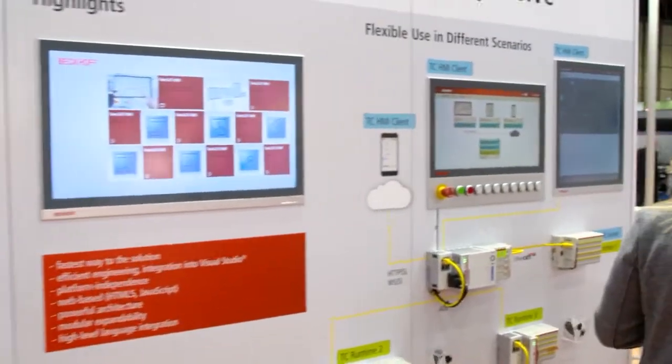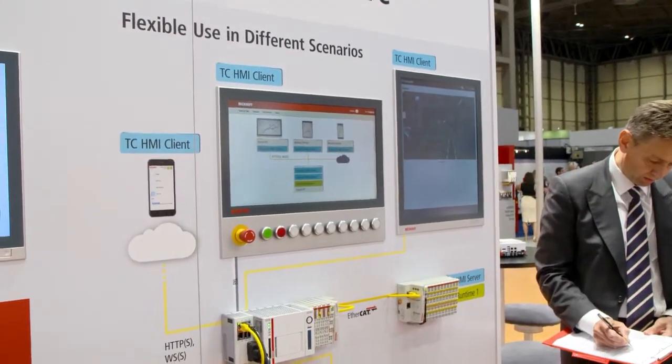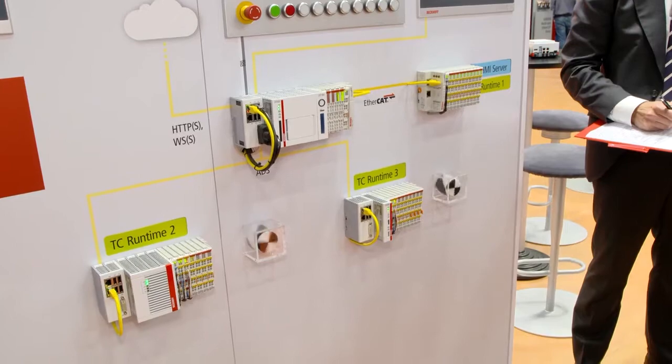We have a PC-based technology. Should we have a little look round and you can show me? Yeah. So we use PC technology. We use a software PLC based on Windows. So we run underneath Windows, but it gives us the benefits of up to Windows 10 for connectivity, for our